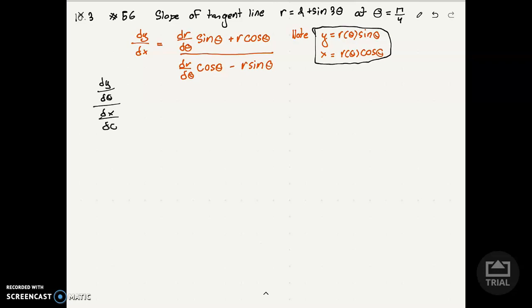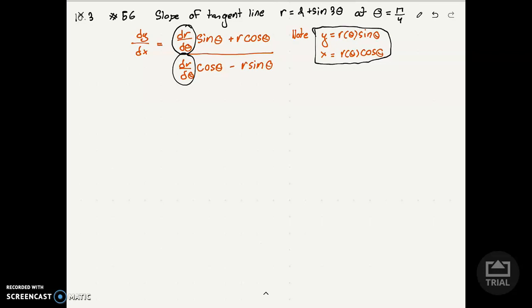dx d theta. And then from there, for dy d theta, you just look at this y expression here and do the product rule, and then similarly for the x expression, do the product rule because r is a function of theta and it's not just a constant. So, given that, once you just use the formula, it's really just computation. So let's first compute this dr d theta portion that pops up 2 times, and then we'll plug it into